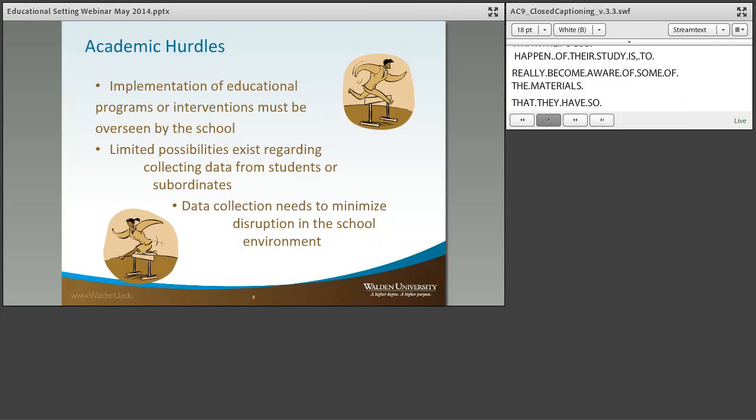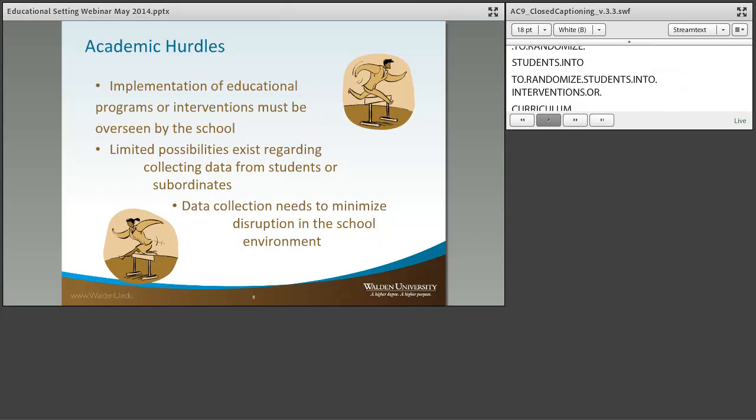Along with that, we do often have requests of research where students are trying to randomize students into interventions or curriculum modifications, and that goes in with the comments that I made before. It is understandable why students want to do that, because that's kind of the gold standard of research, having that randomized experimental study. But that randomization into an intervention or a curriculum is also not something that the Walden IRB can oversee.